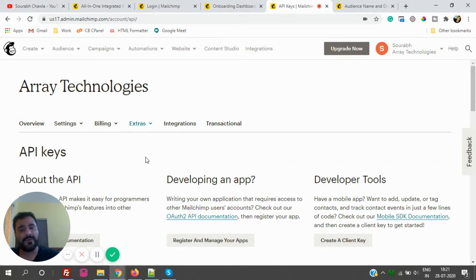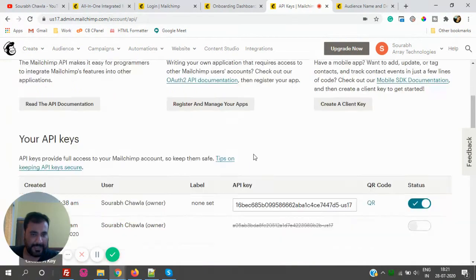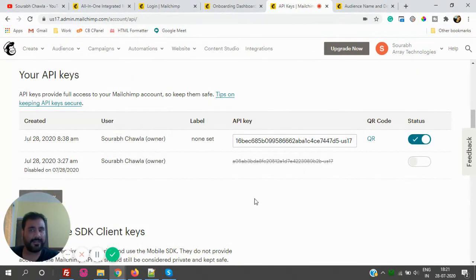So how it works is, for example, if you have a website and you have an opt-in, where you need your customers to get subscribed to your website for newsletters and updates, you can have a simple form like first name, last name, email, and once you click on the subscribe button, automatically using the API we can grab that email ID and name and send it to the Mailchimp list. As soon as we get them in the Mailchimp list, we can send them a welcome email.